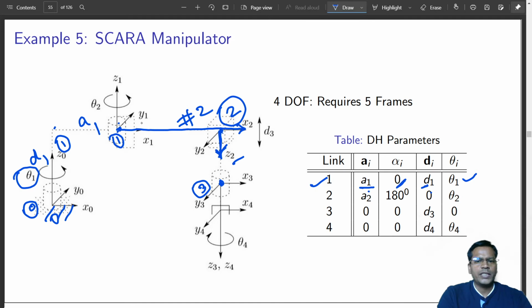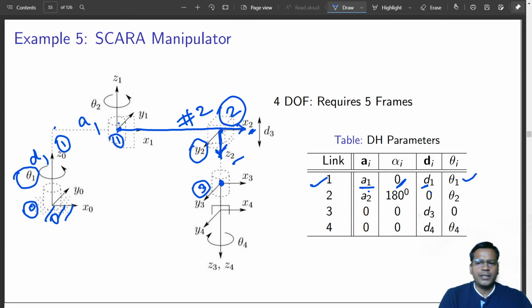So you know, vertical, because there is a motion in this direction, this becomes your z2. The common normal between z1 and z2 is x2, and perpendicular to x and z it will be y, based on the RH coordinate system, the right-handed coordinate system. So that is how you have placed this frame. Now let us see what the parameters are.